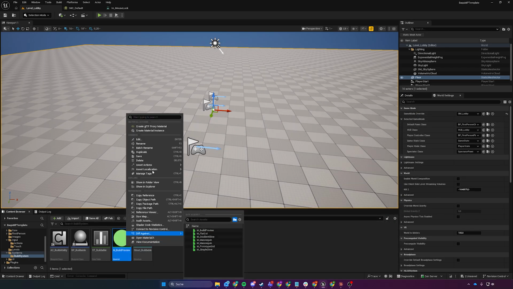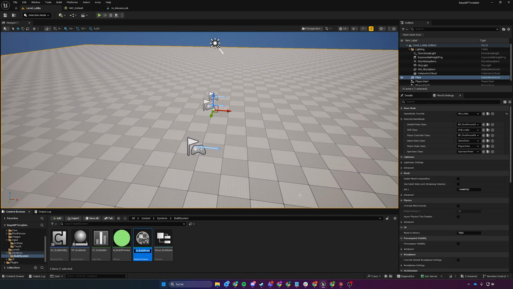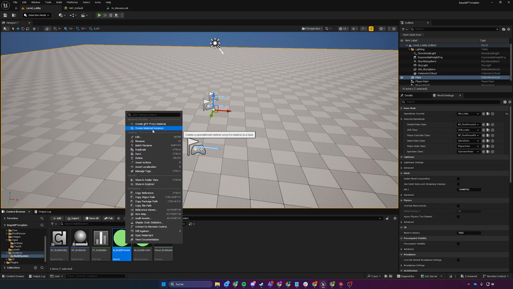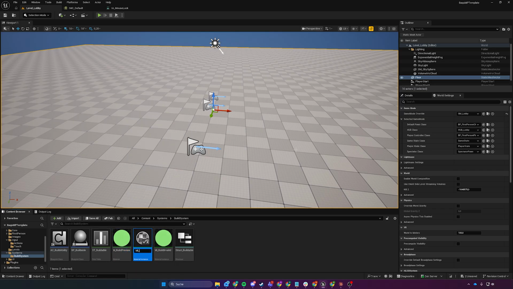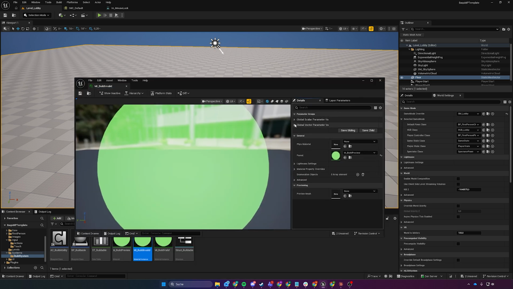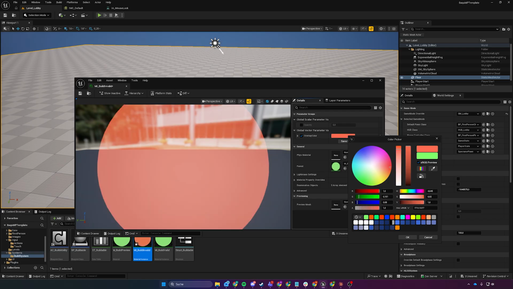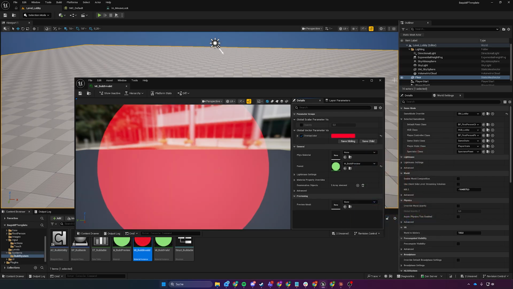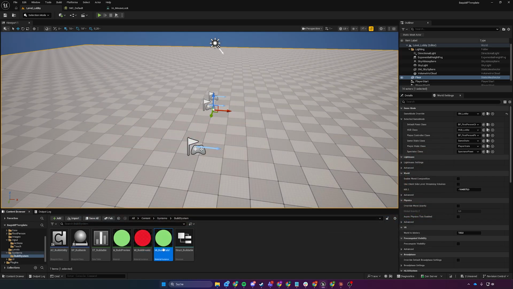We can now go ahead and hit right click, create material instance, MI_BuildInvalid, and we are also going to create one for MI_BuildValid, like so. The valid one can be left at green, the other one will be put to red, like so. Okay, so that's the base setup, that's all the files we will need, and we can now go ahead and start